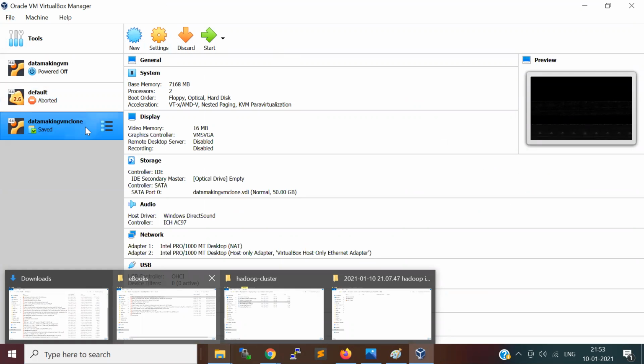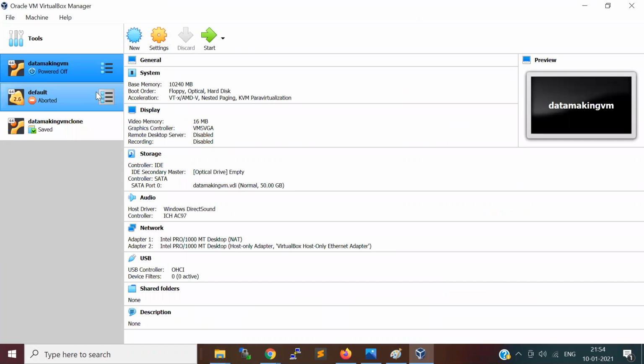I'm going to give you this data making VM. Basically I will be giving a .ova file, so the extension is .ova. I'll tell you how to set up that OVA file.